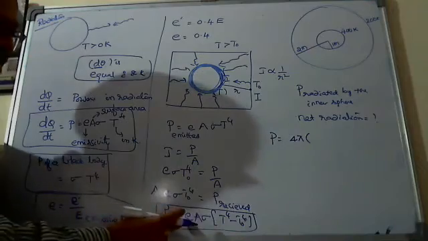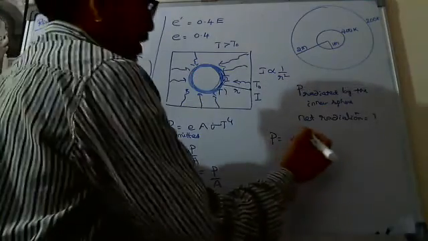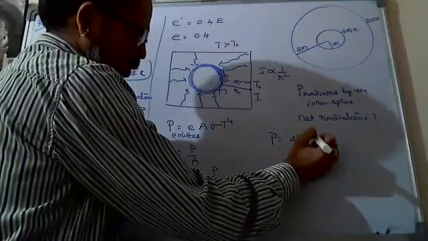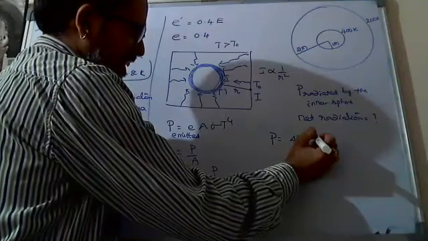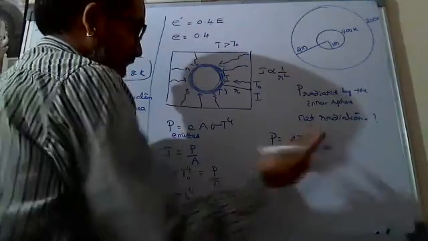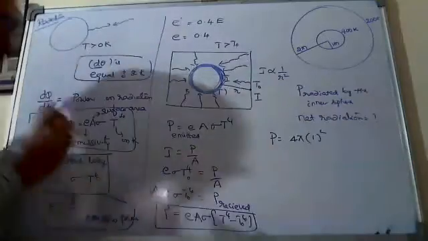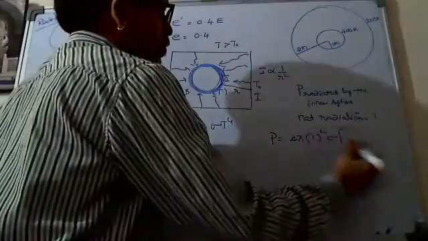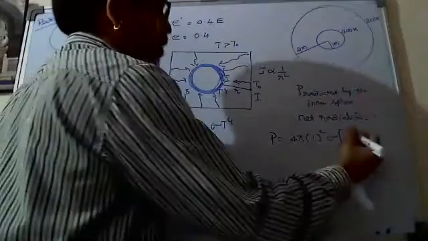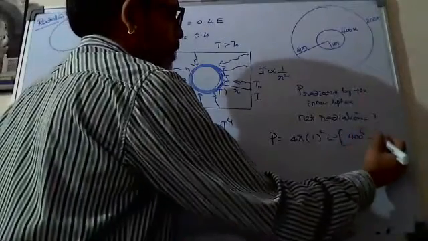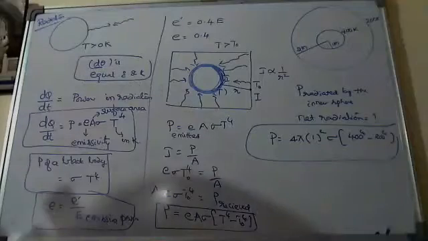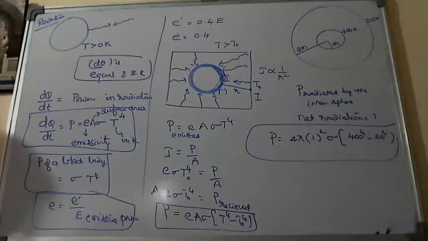1, sir. R1, not 2. Yes, sir. Very good. 1 square. Yeah, that is what I am expecting. 4 pi r square means the area you wrote. And sigma into, of course, you substitute the values of T power 4, 400 power 4 minus 200 power 4. You will get some value here. No problem. Then your approach is correct now, if you do it the same way.